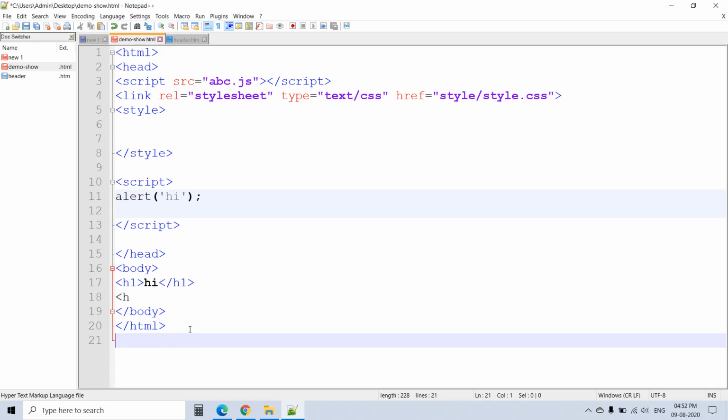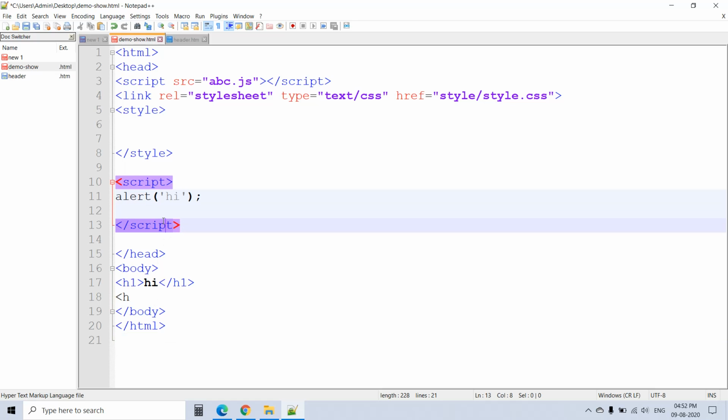In some cases, the script needs to be called after the HTML, because the script should work after completion of the HTML code execution. If you call it first, then it will not give the output.